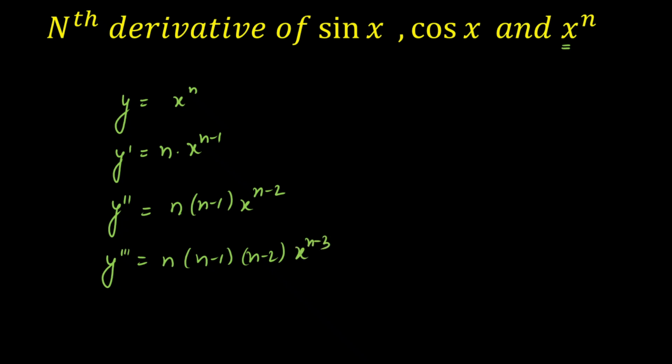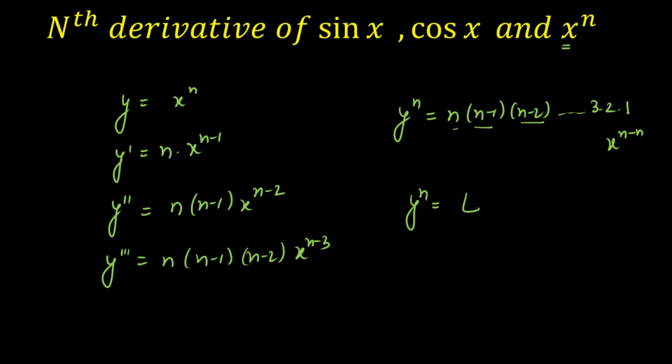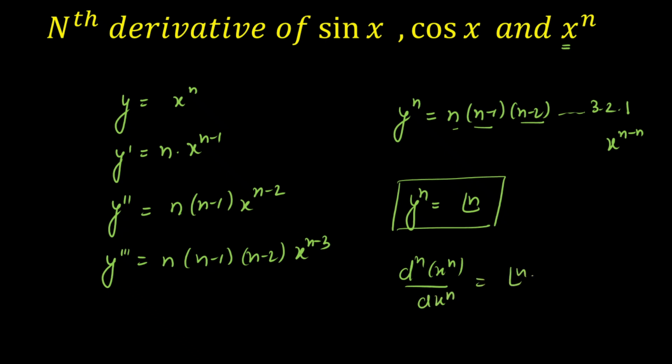That means if I'm differentiating 3 times, the power is reducing 3 times. Similarly, if I calculate the nth derivative, we'll get this as n into n minus 1 into n minus 2, so on up to 3, 2 and 1, and we'll get x raised to power 0, because we'll get this as x raised to power n minus n, that is x raised to power 0, and that is 1. So the nth derivative of y will be equal to n into n minus 1, n minus 2, and so on up to 3 to 1, which is n factorial. So the nth derivative of x raised to power of n will be equal to n factorial here. Now I'm going to solve the question in the next slide.